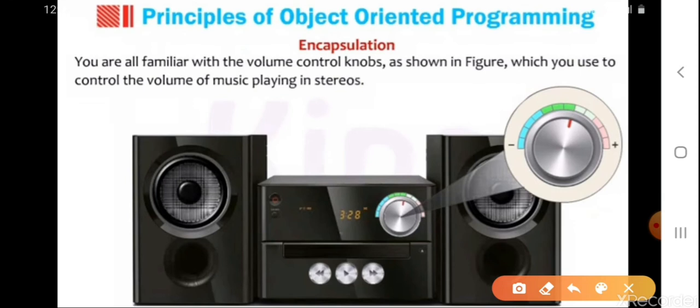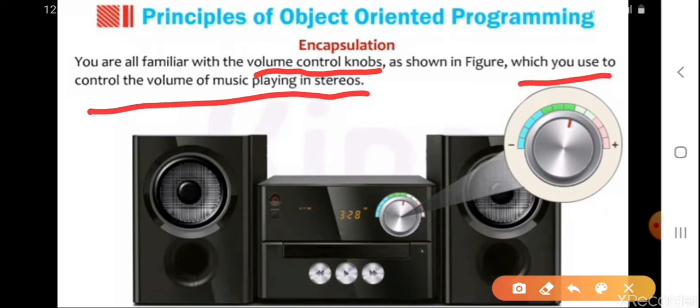Now you are all familiar with the volume control keys or knobs on the music playing machine. You use this knob to control the volume of the music playing in the stereo system.